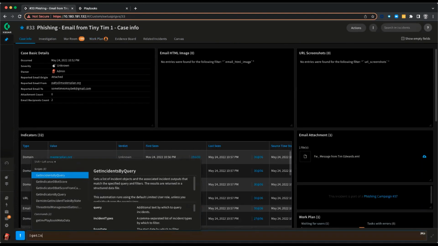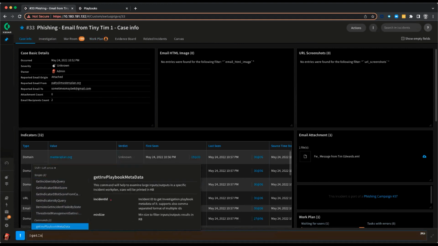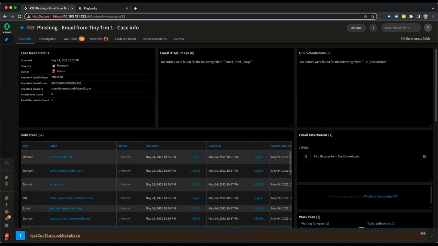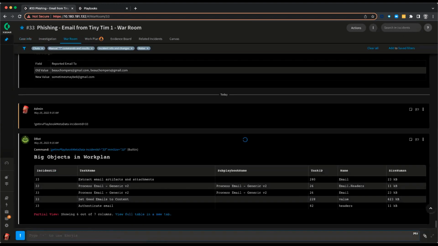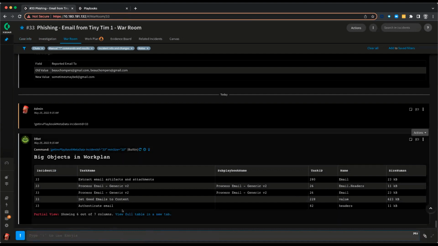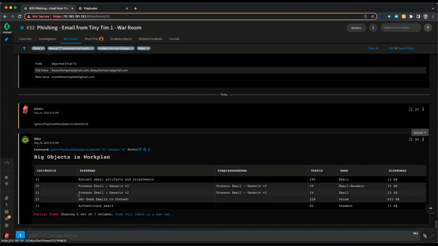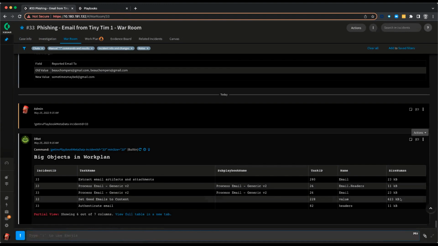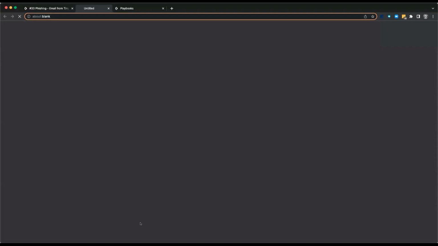This can be done from your playground as well. This command is called get INV playbook metadata, and it takes the incident ID and returns how the playbook functioned to the war room. Now, as CSAs or CSEs, what we're looking for out of this is things that are outside the norm. So if we open this in a new table,